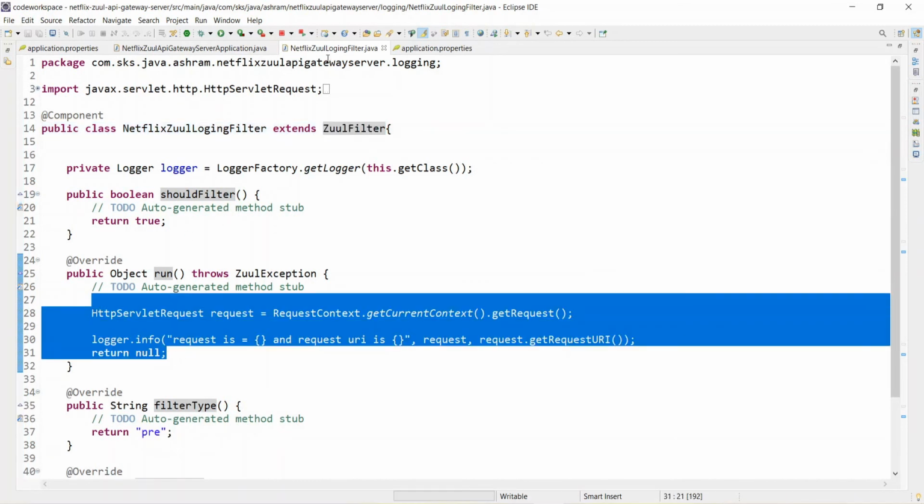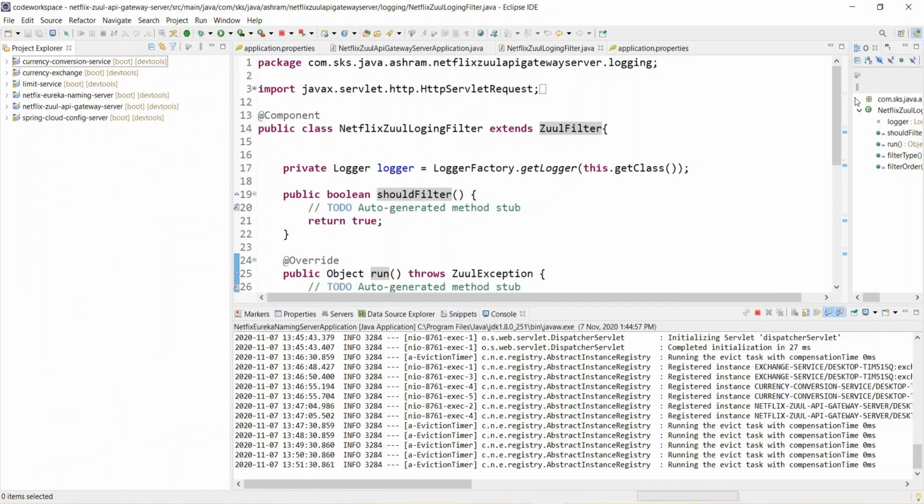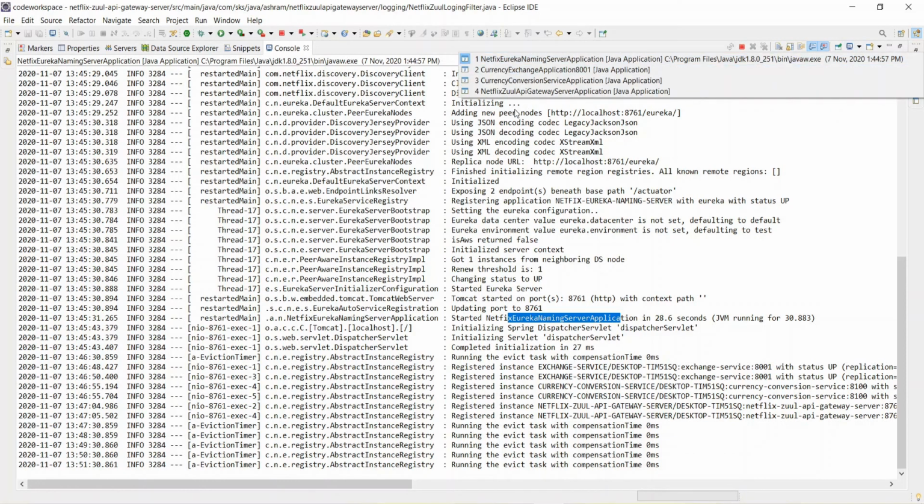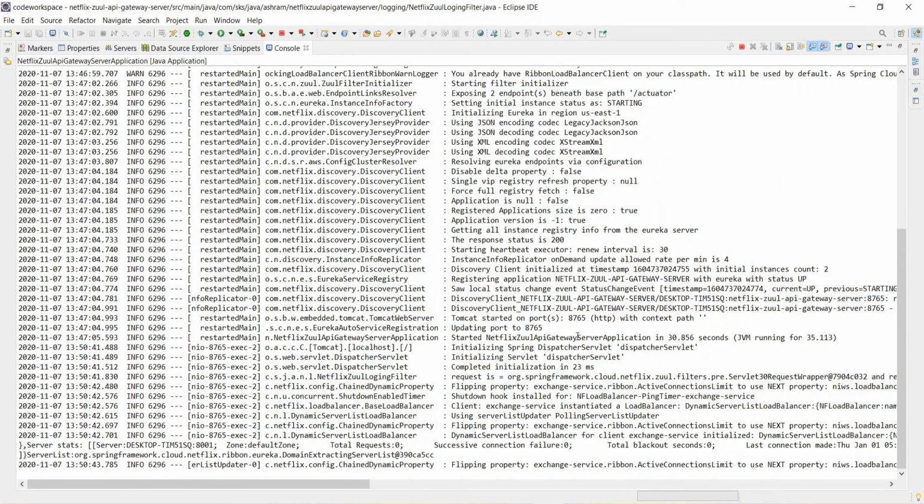So we had written that whenever a request comes through the Zuul API gateway server, this should come, right? Let's go to the log, in the console basically, and you will see these requests coming. Maximize this and go to the console of the Netflix Zuul API gateway server.